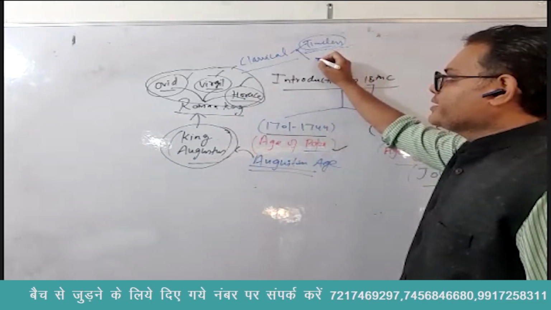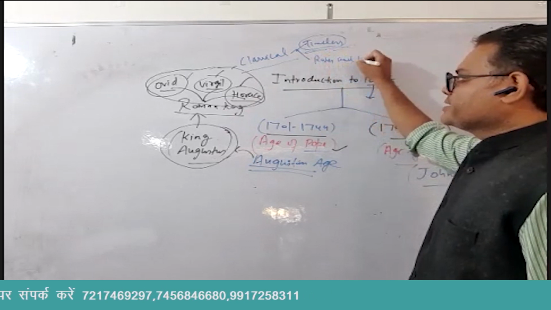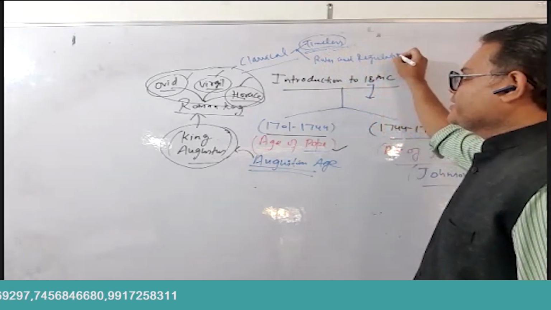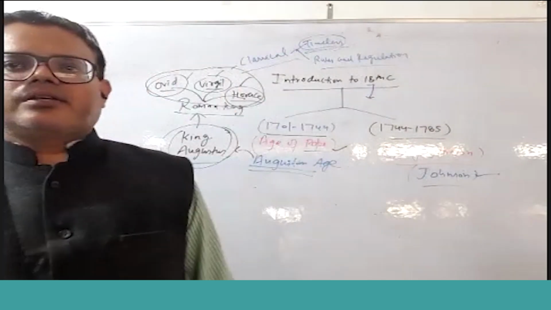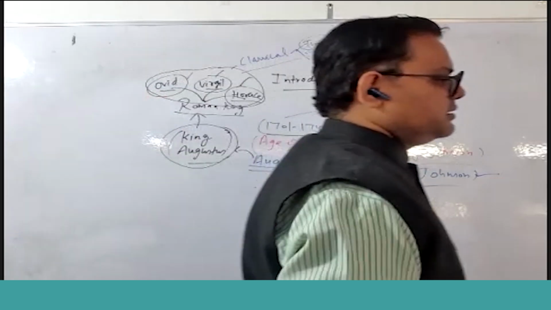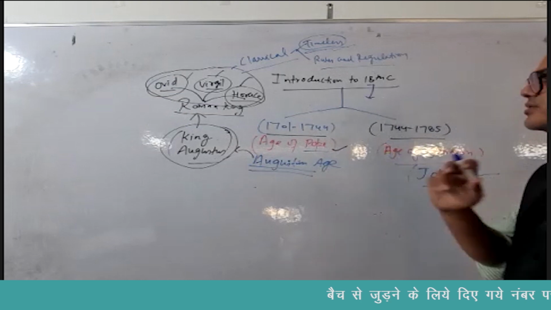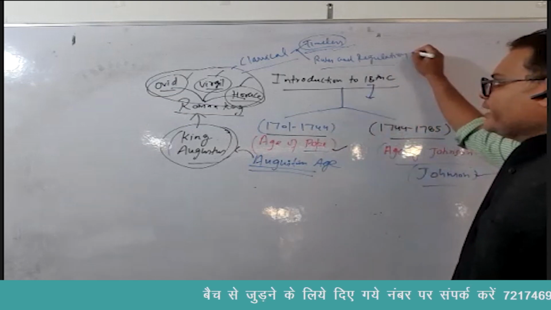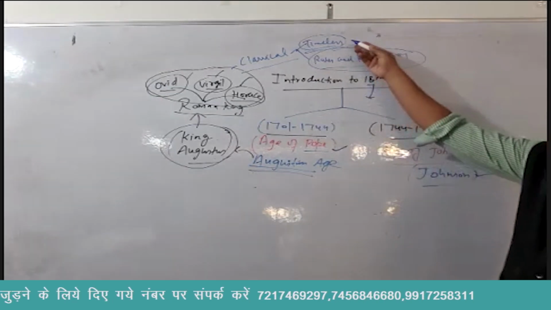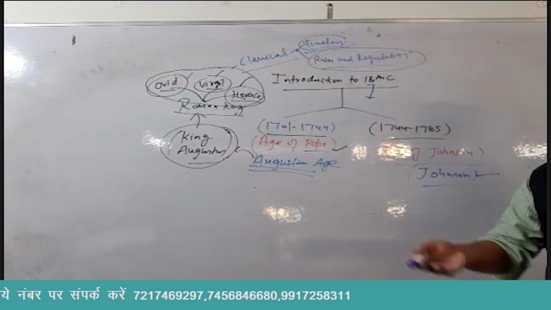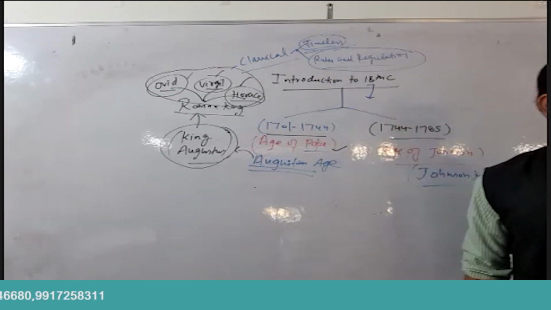And the second meaning is following rules and regulations. That is the second meaning of the word classical in literature. Classical means anything that follows rules and regulations. We say classical dance, classical music, Bharatanatyam, all these are classical. So anything which follows rules and regulations is classical, and anything which is even popular after the time zone in which it was written is also classical, right?